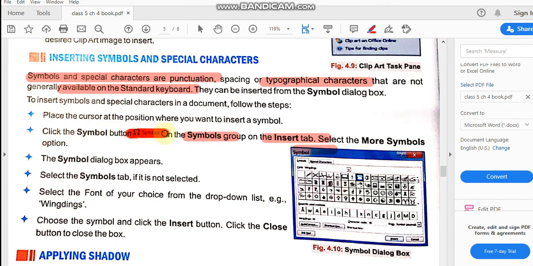This is the symbol button. Click on symbol. This symbol box appears, right? Select the font of your choice and then click the insert button here. Whenever you choose any symbol, suppose this one you want, click on insert and it will be inserted.